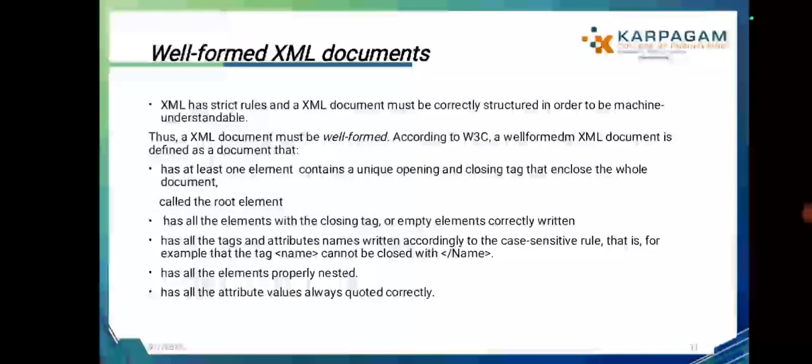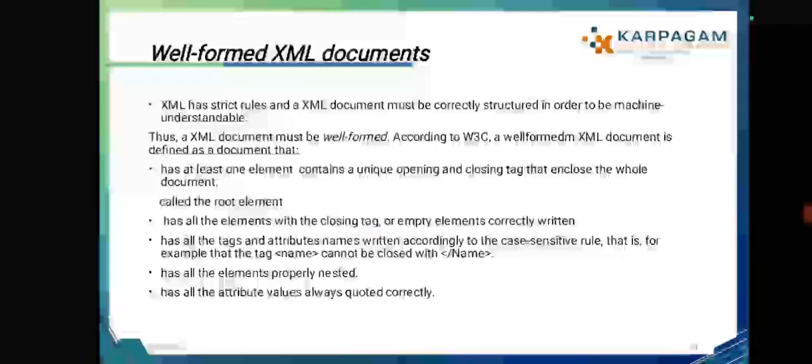According to W3C, a well-formed XML document is defined as a document that has at least one element containing a unique opening and closing tag that encloses the whole document, called the root element, that has all the elements with the closing tag or empty elements correctly written,